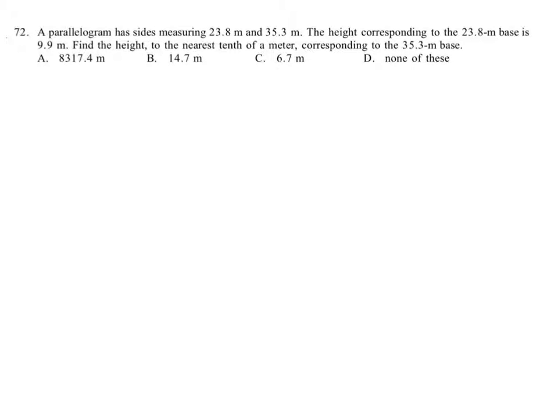You saw it visually how that looks, but we could mathematically do it this way as well. You could just say, okay, we've got those two measurements. The height corresponding to the 23.8 meter base is 9.9. So to find the area, we would do the 23.8 meter base times 9.9. Then they say find the height corresponding to the 35.3 base. Well, we know that we're going to do the height times that, and that's essentially just the math problem that we do. We know the height corresponding to the base, so multiply them together. Multiplying those together, you get